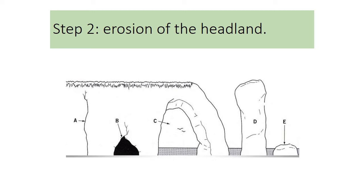may, depending on the type of headland, erode all the way through, creating an arch like part C on the diagram. So part C on the diagram is an arch, and the arch is then continuously eroded at the bottom by the sea. So again, abrasion, the scraping away at the base of the arch is happening. Hydraulic action, where the force of the air and water is getting into the cracks at the bottom of the